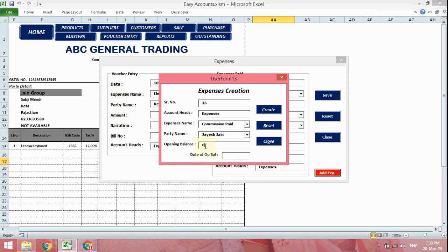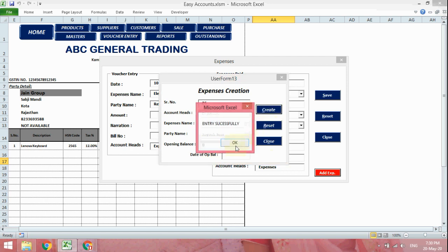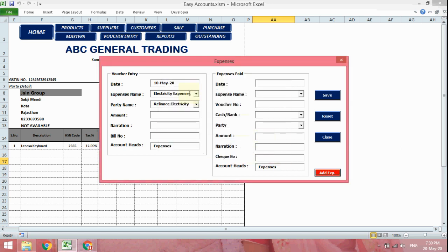If you have any opening balance, you will mention it here, otherwise leave it and create the account. And it is successful, and now you will have this account, commission paid, here. Right now we are doing electricity expenses, we added this Reliance Electricity, and we need to prepare the amount. The bill is around 4500 rupees, and the narration is bill